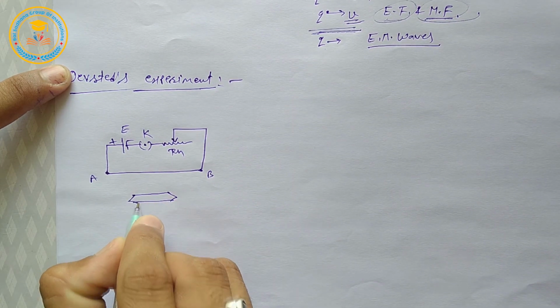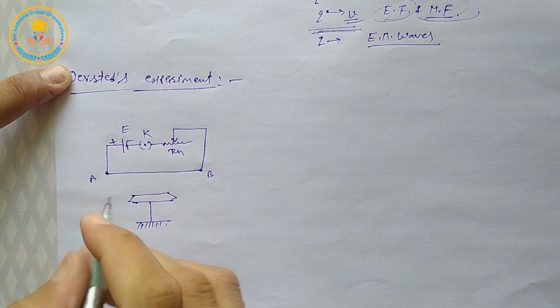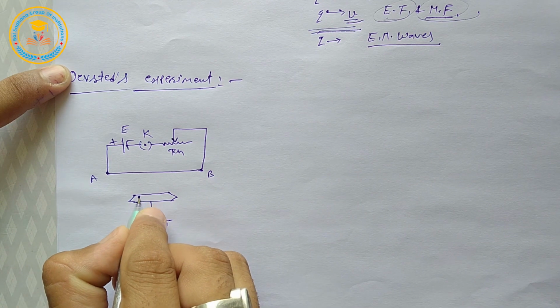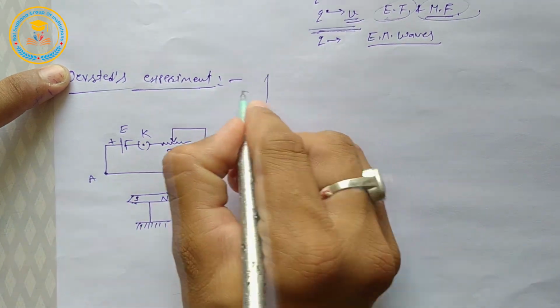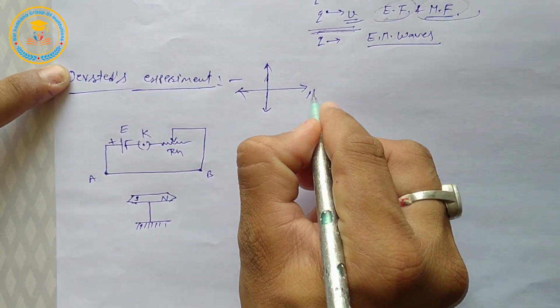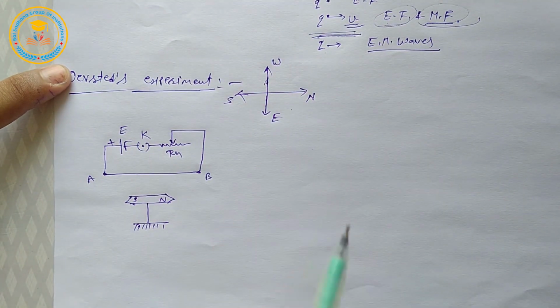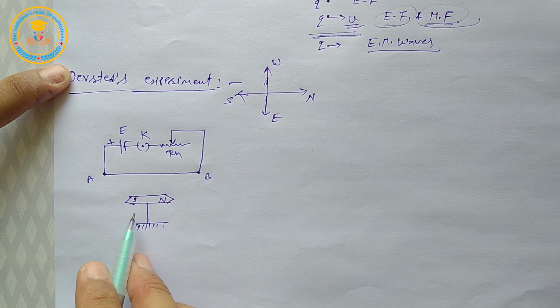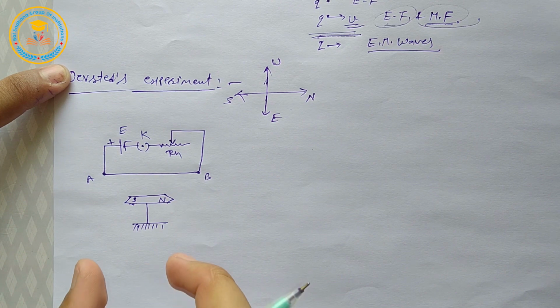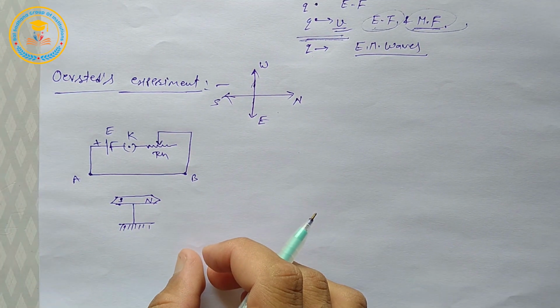This is a magnetic needle. This is in equilibrium state. It means this is the south and this the north pole. Here I draw a compass. This is north direction, this south, west, and this east. So from this we can say this magnetic needle is placed in south north direction. Okay, this needle is freely movable. Now from this experiment we observe some points.